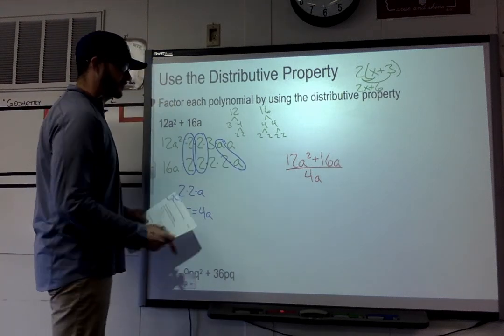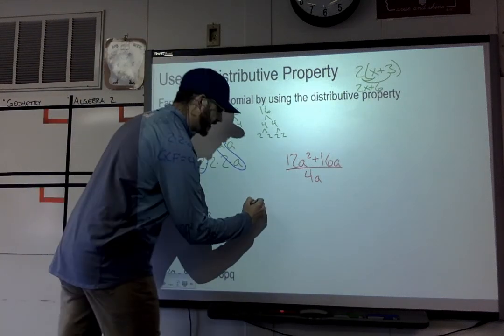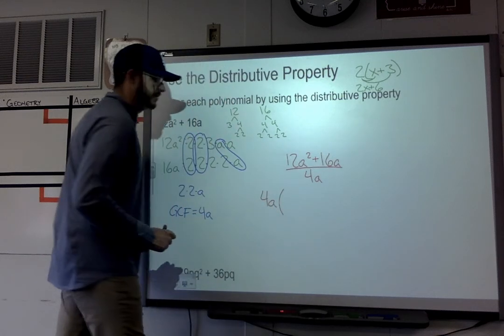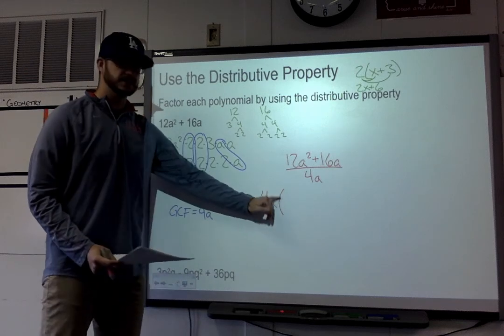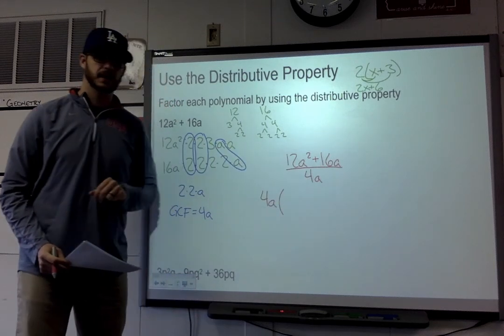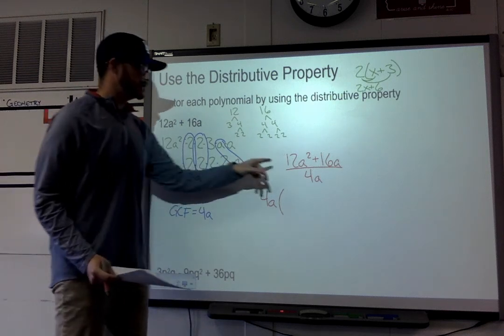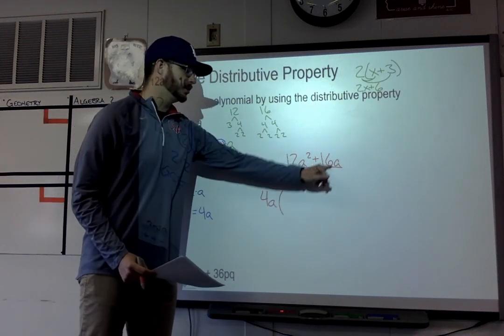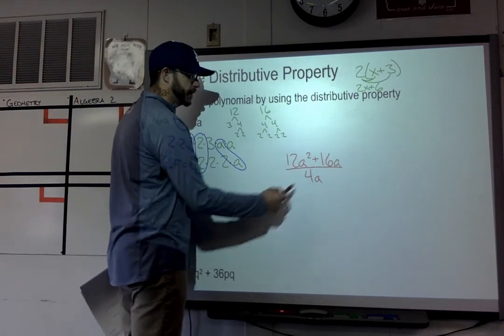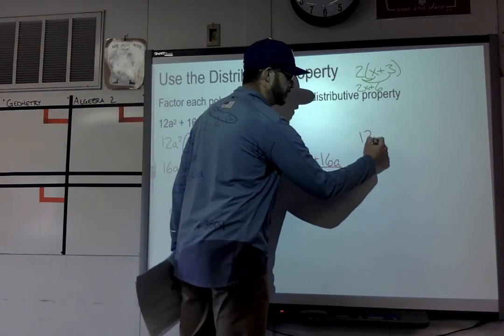So for our factored form, we're going to have 4a, whatever we're taking out of it, and then in parentheses, we're going to have whatever we're left with when we divide this by that greatest common factor of 4a. So when we divide this, we have to divide both terms by 4a, and if you remember, 12a squared divided by 4a,